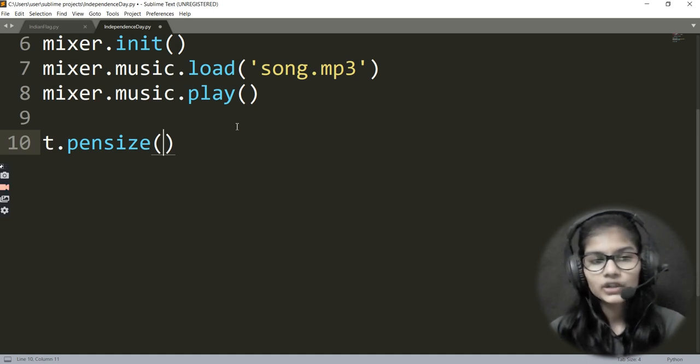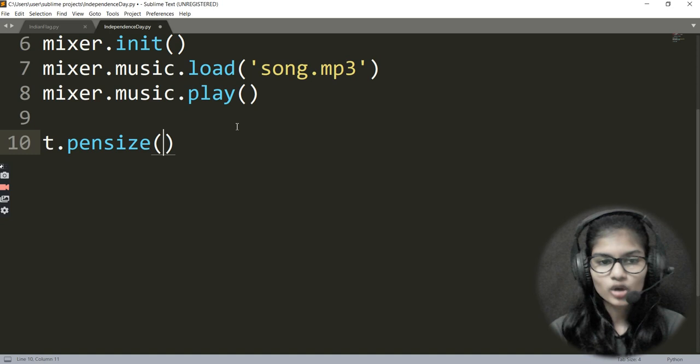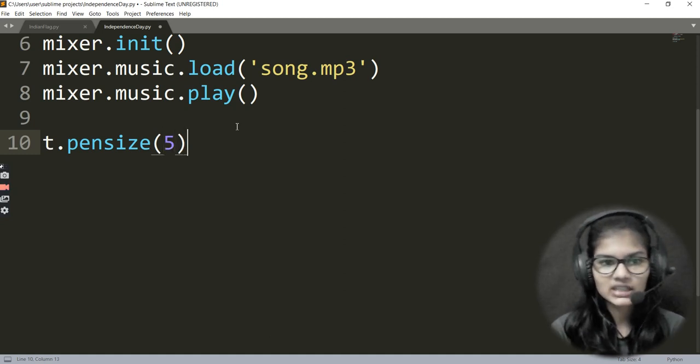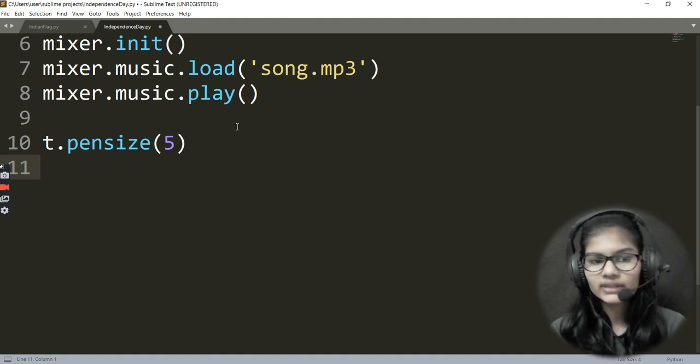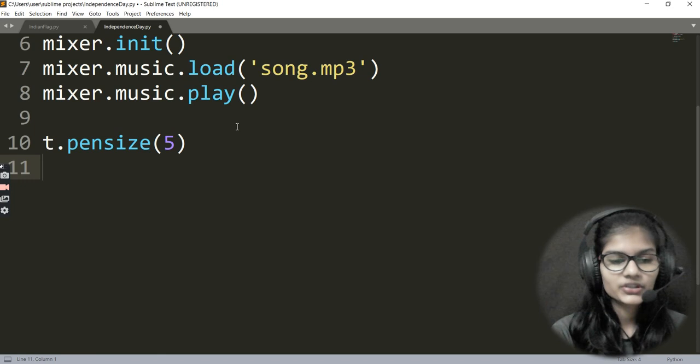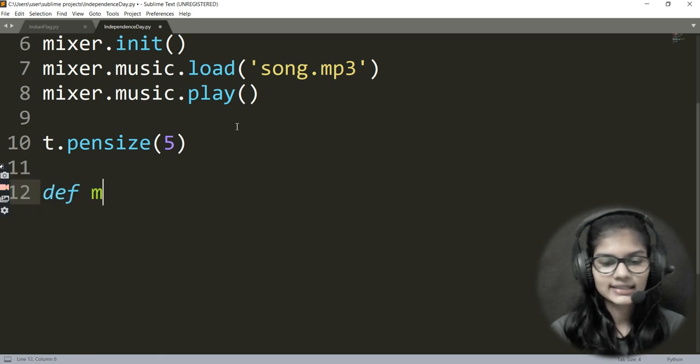So you have something like an arrow, but in terms of the turtle library, just call it the pen. There is some particular size that you want to give, whether you want it thin or thick, and according to that we give the size. I'm giving a pen size of 5. Whenever lines are made, the thickness of that line would be 5. After this, I will define a function, that is def